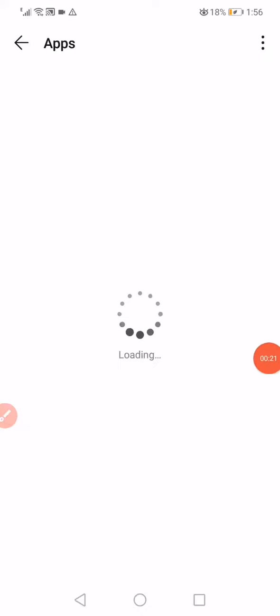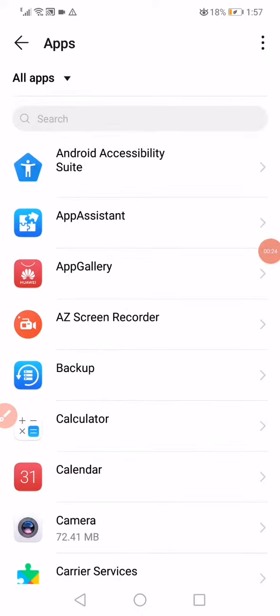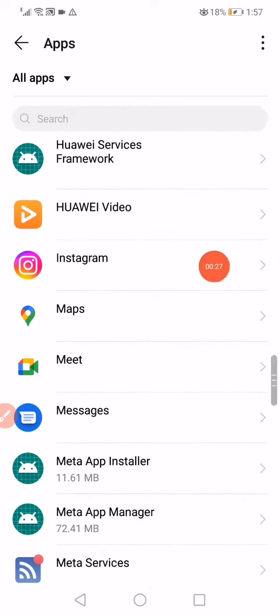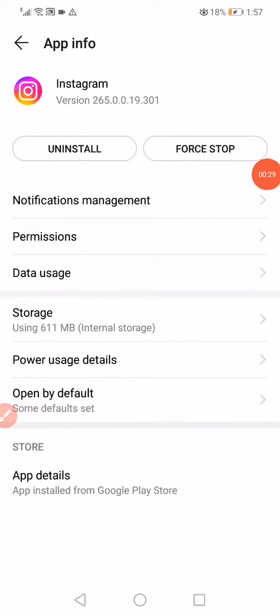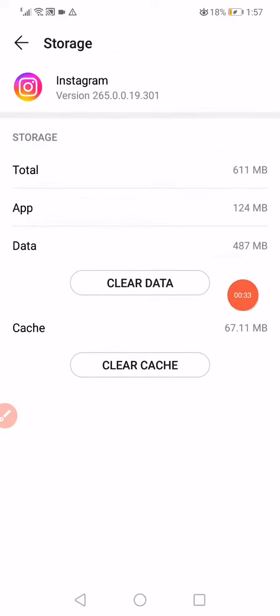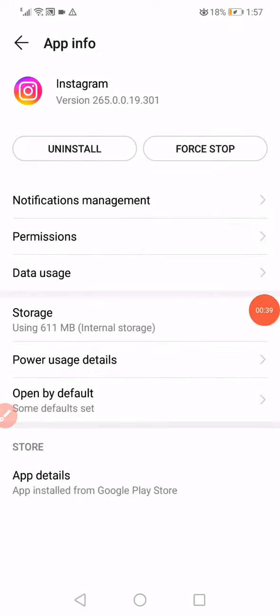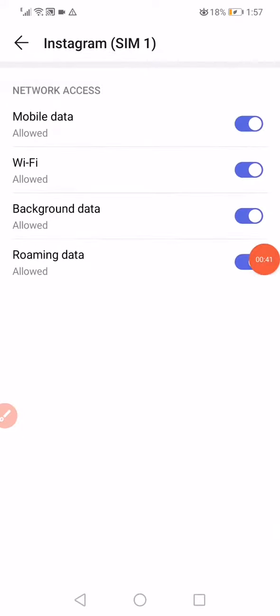open the apps manager page. On this page you will find all the apps that you have on your phone. Scroll until you find Instagram, click on it, click on force stop, and then go to the storage. Make sure to click on this option, it's called clear data and clear cache. Click on those two options, go back, click on data usage, make sure to enable all those options here, and